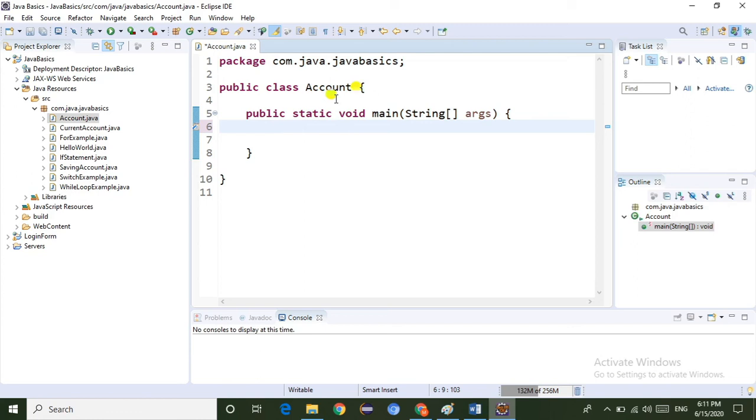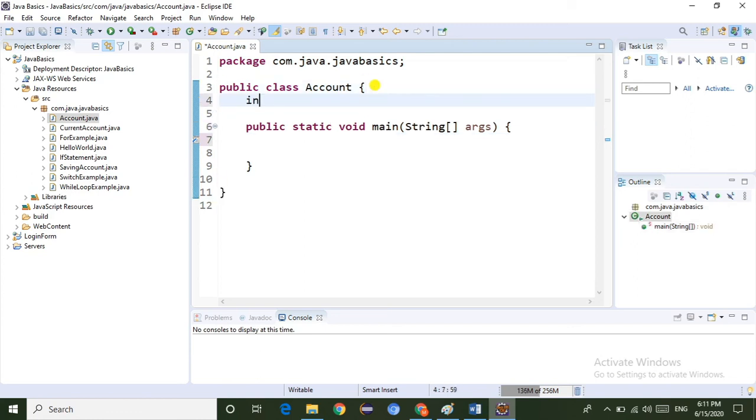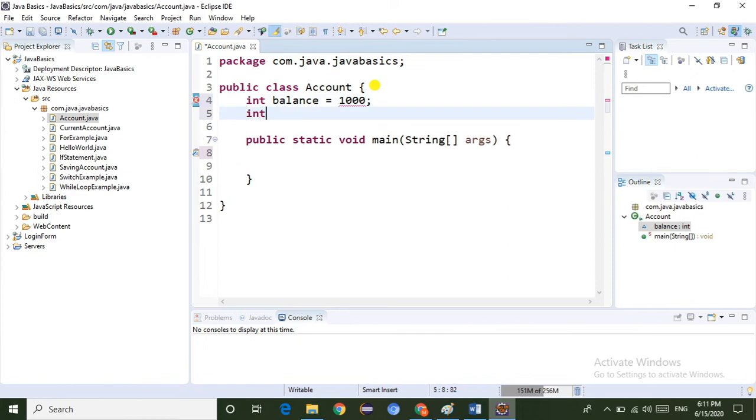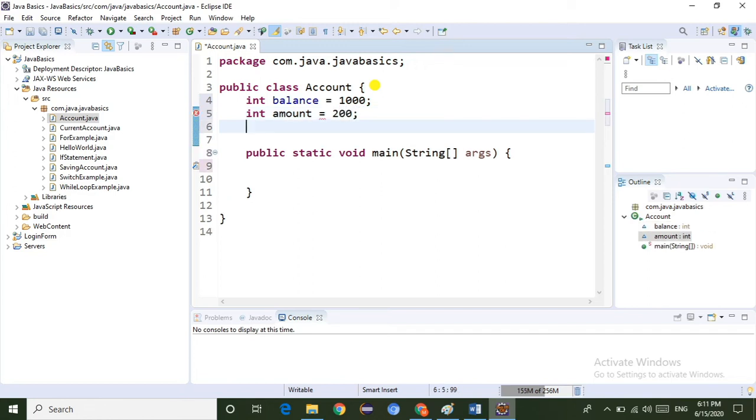Just remove the comments. So here I am declaring two variables: balance, and I am assigning balance to 1000, and also I am going to take one more variable, amount, assigning it 200. So here I am going to take one method, deposit.